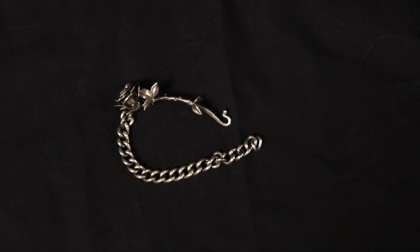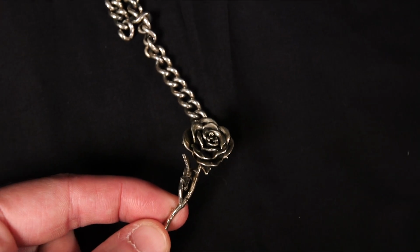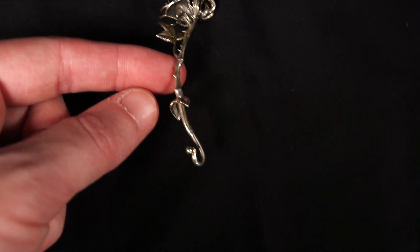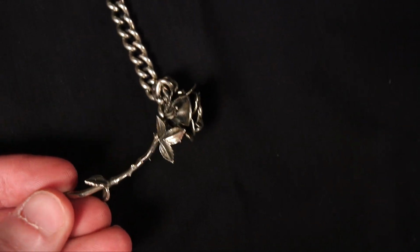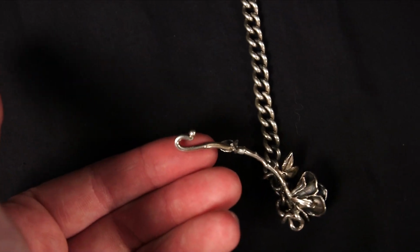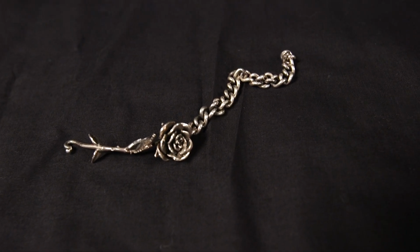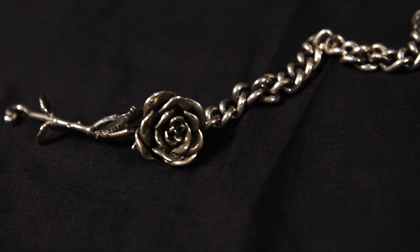First up, we are going to look at a bracelet right here. This is a rose. I'll hold it up right there. I love this so much. It is incredibly ornate. Every petal of this rose flares out in a perfect way. There's thorns on it that are legitimately quite sharp. They've done some great detailing there. The leaves on the stem have a little flaying. They're kind of uneven or serrated, I don't know exactly what you'd call it. Even the bottoms of the leaves are detailed perfectly. It's just some really good craftsmanship here, and it impressed the hell out of me when I first